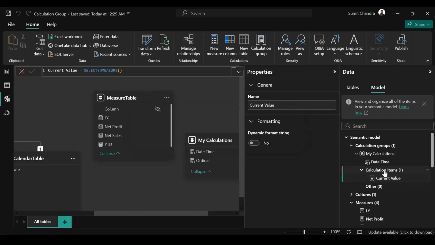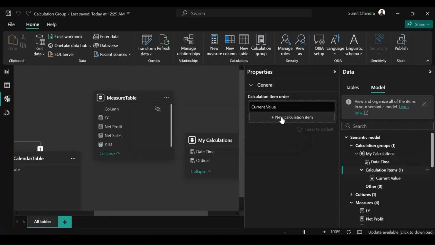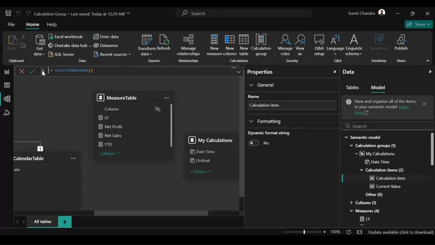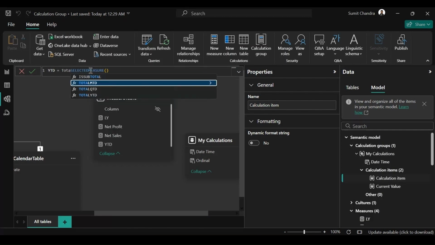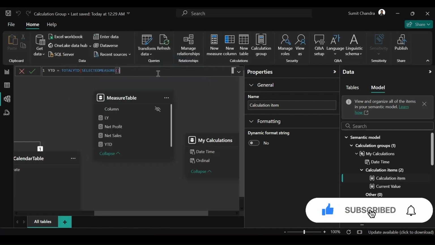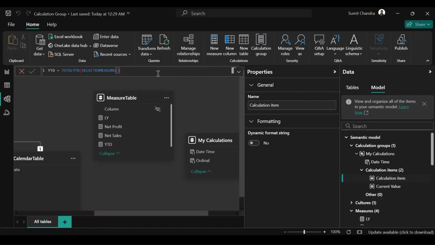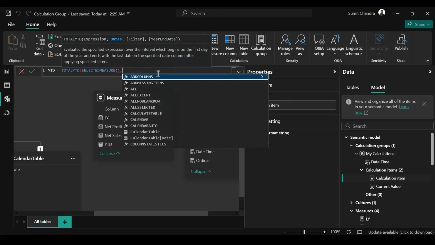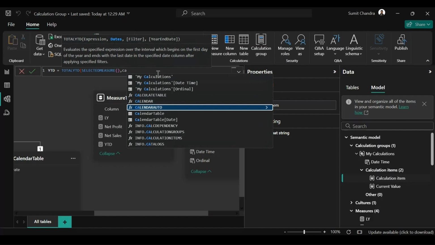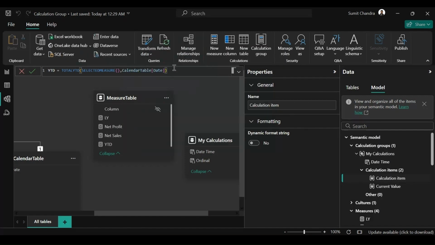Now let me create another item. So I am on calculation group. Now let me click on new calculation item. In new calculation item, let me add YTD first. So I put the measure name as YTD, and for YTD I will use TOTALYTD. In TOTALYTD, instead of hard coding any measures, I will use the SELECTEDMEASURE DAX function so that it will update based on the selection and we will not create so many measures to achieve different results. Let me put a comma and here we will call our calendar table date field. So this is my measure. Let me copy it